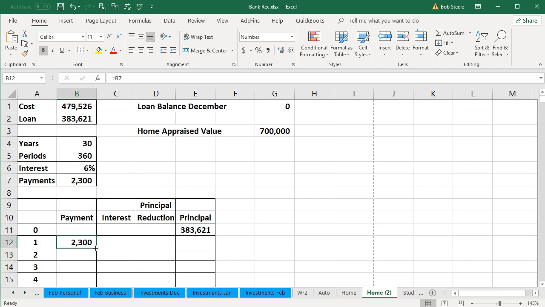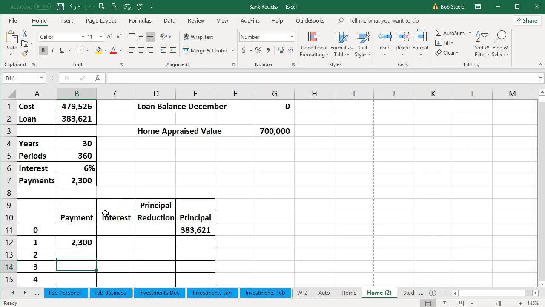So just note, I'm going to use the autofill later, which is clicking on this cell and putting our cursor on that little box and then autofilling it down. I'm just going to do it now to show us if I do that, it doesn't do what I wanted. I want to bring this payment all the way down. It's going to be the same payment each time. If I double click on it, I see that what it did is it pulled down relatively to the next cell. So I want to stop it from doing that so I can just copy it all the way down without it going down a cell.